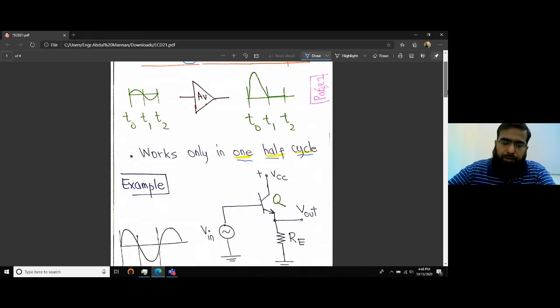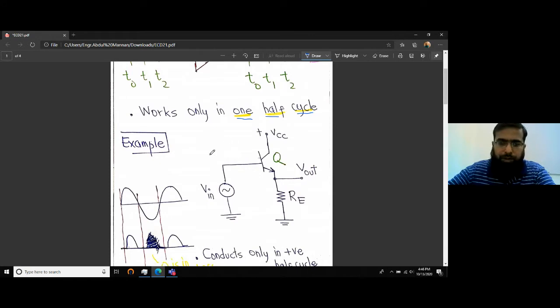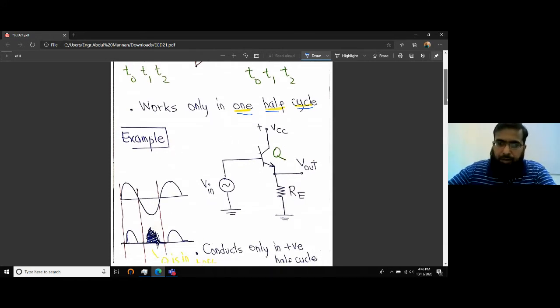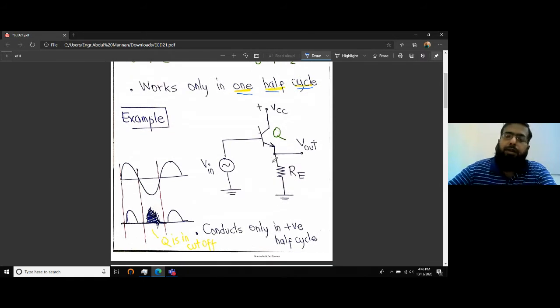Here is one simple example of a Class B amplifier, where we are operating this BJT amplifier in a common collector configuration. We are taking the output from the emitter terminal. The input is applied at the base, and there is no biasing. The base is biased by the AC input signal. During the positive half cycle, the AC input signal starts increasing from 0, but the base-emitter junction remains reverse biased unless this input voltage exceeds VBE, typically 0.7 volts. So as the input goes beyond 0.7 volts, this junction is forward biased, and we get an output